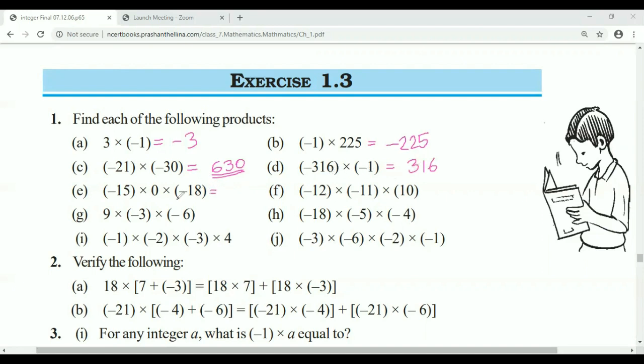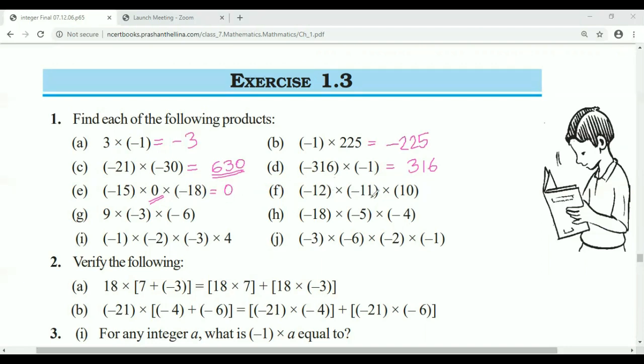Then question E, whatever we are multiplying here, we have to multiply 0 there. So 0 into any number, we will get the answer 0. Since 0 is present in this product, the answer will become 0. Next,